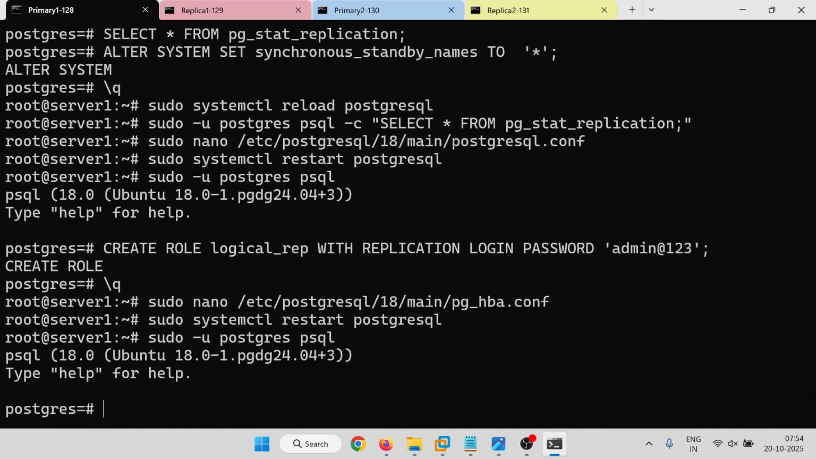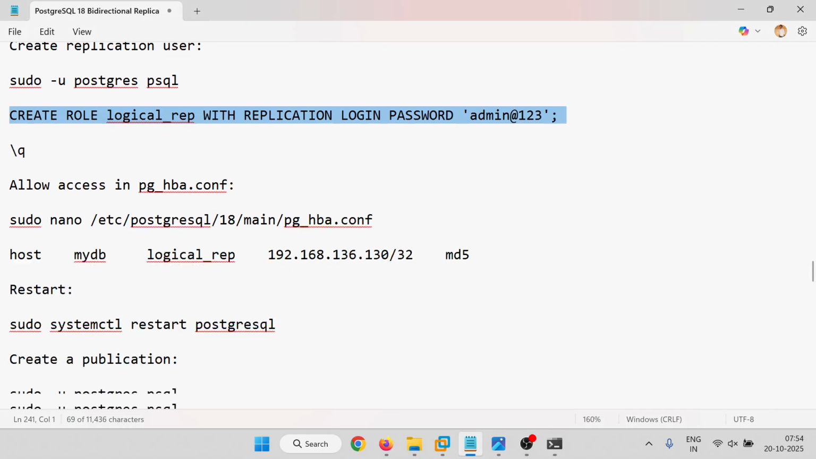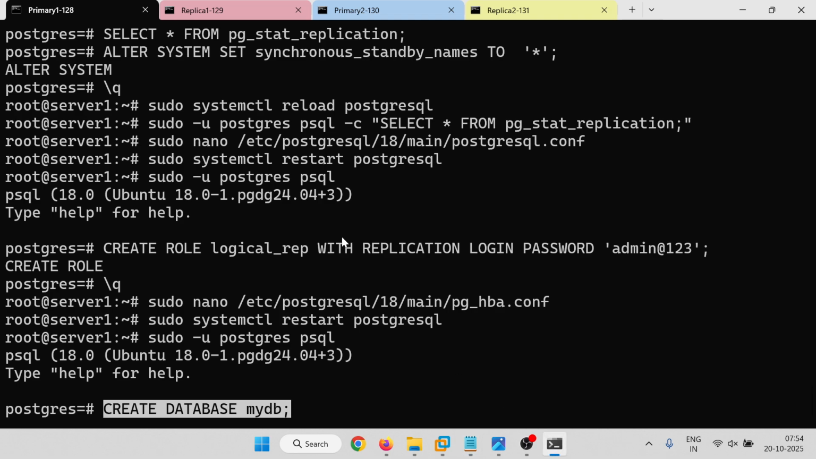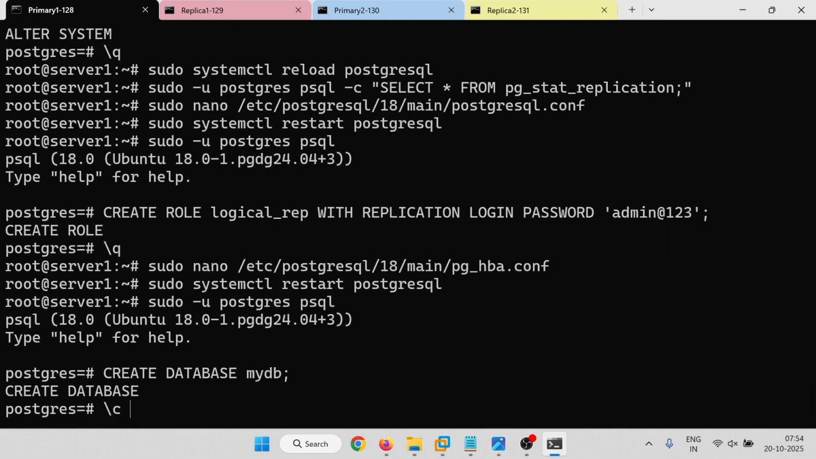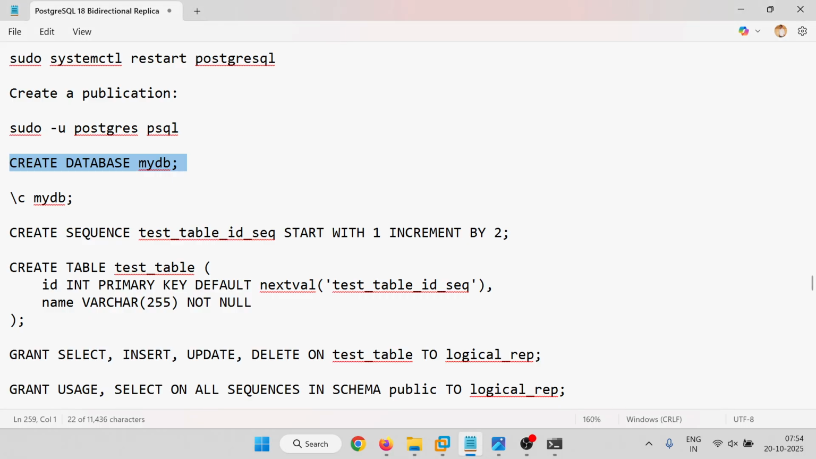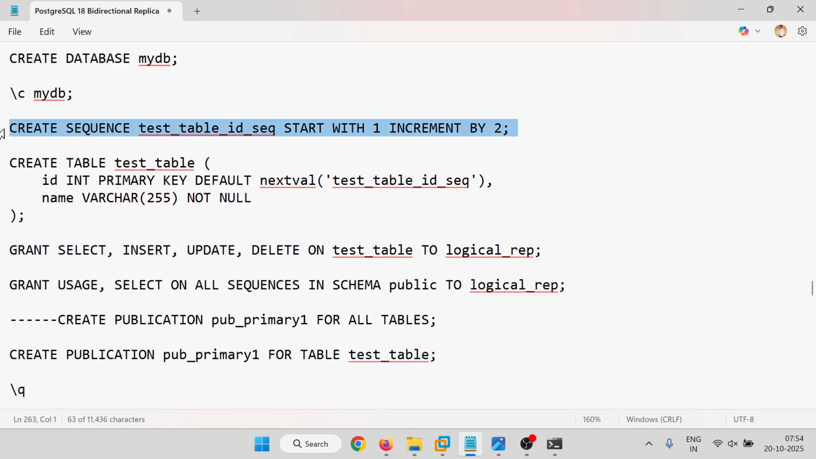So let me log in, and I'll just create database MyDB. \c MyDB. MyDB is connected. Now I'll create the sequence,